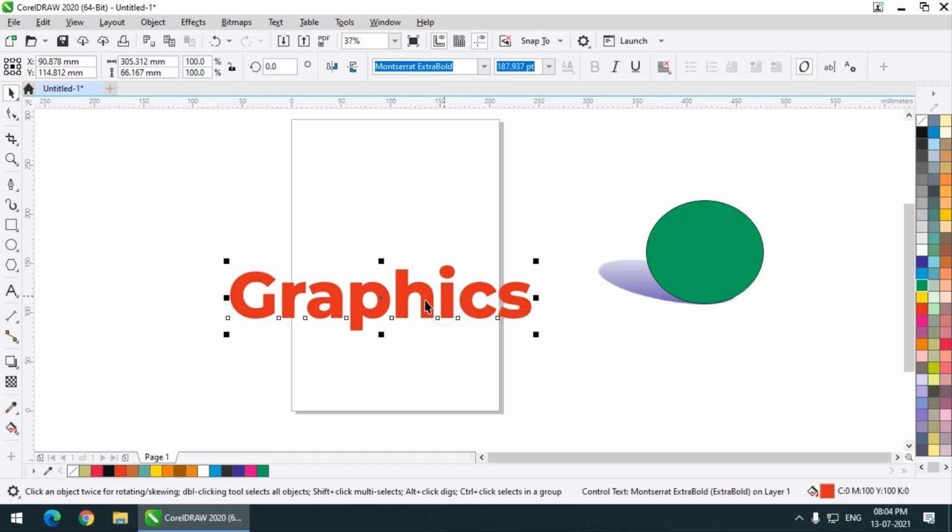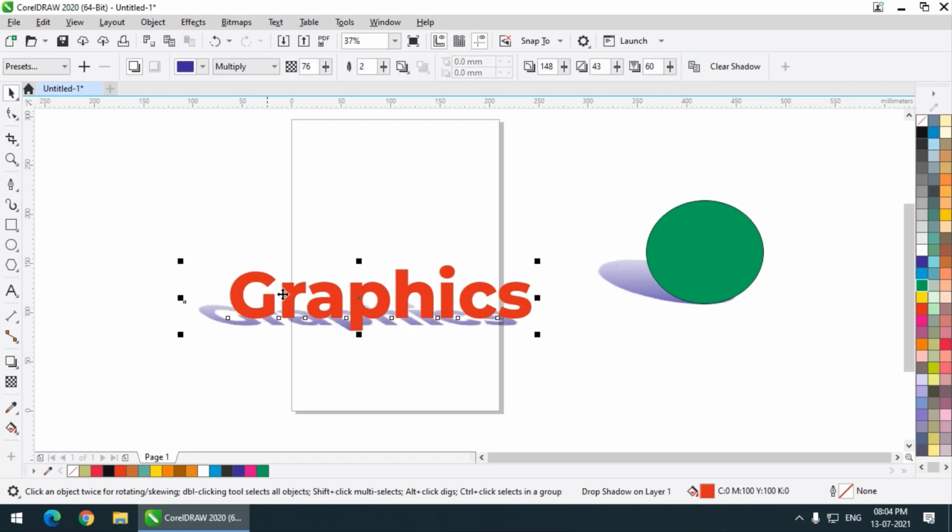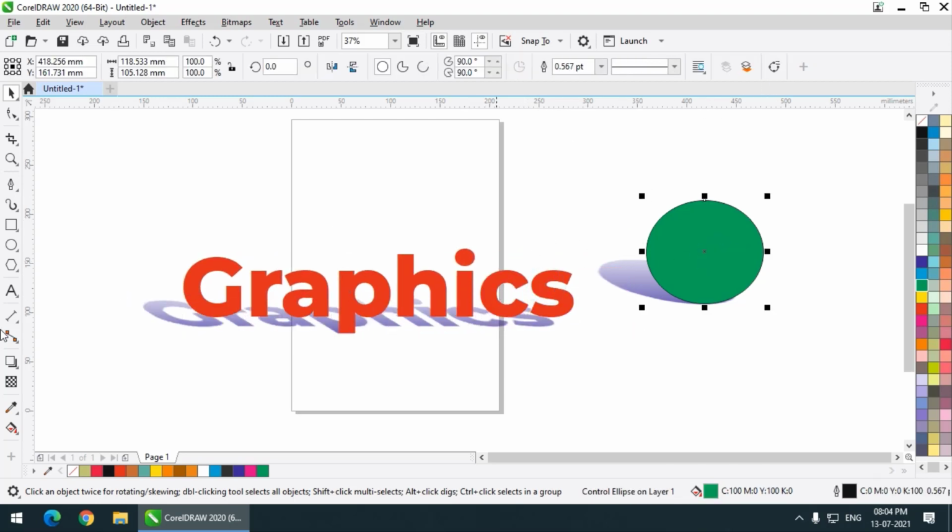So let's say I want similar values from this shadow on this text. I can simply select this text and apply any shadow first, and then I want to apply a shadow to this object or text, and click on this option, copy shadow properties, and click on the shadow, not the object, click on the shadow. So these particular values are applied to our new object. This is very helpful if you want to apply similar properties to another object. So this is basically the shadow option. Now moving on, I will clear the shadow.